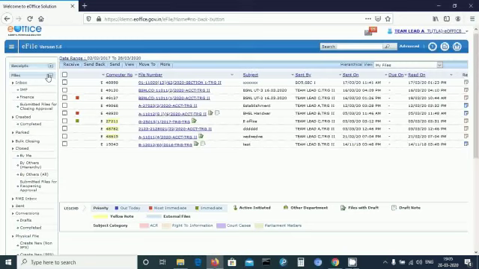You can see the file when it comes to file inbox. A file is visible which is sent by some user, and the date it was sent on is also shown.